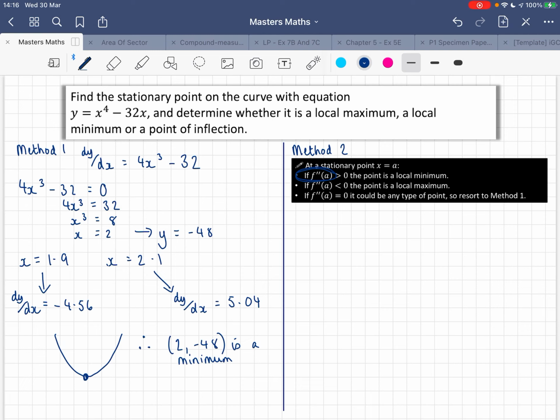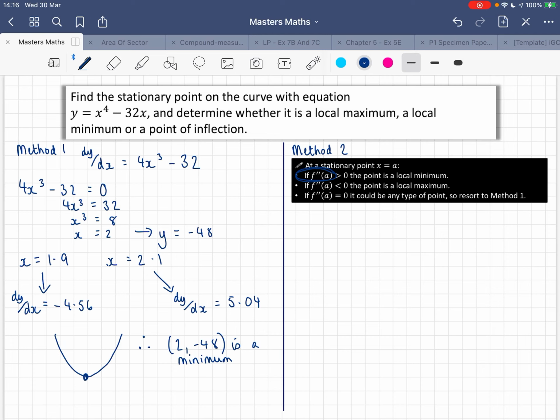So then we would have to go back and do method 1 anyway, which is why I don't just teach you the one way. If we've differentiated twice, substituted in our x value and it's still equal to 0, then we're going to have to use the first method anyway. So let's have a look at doing this. It's the same